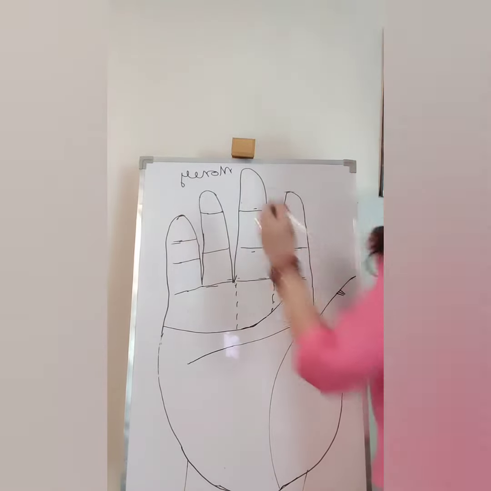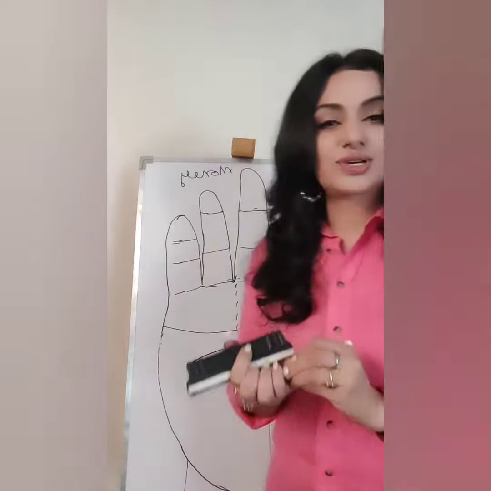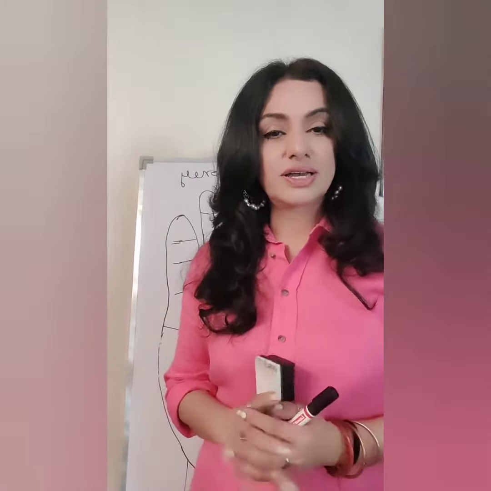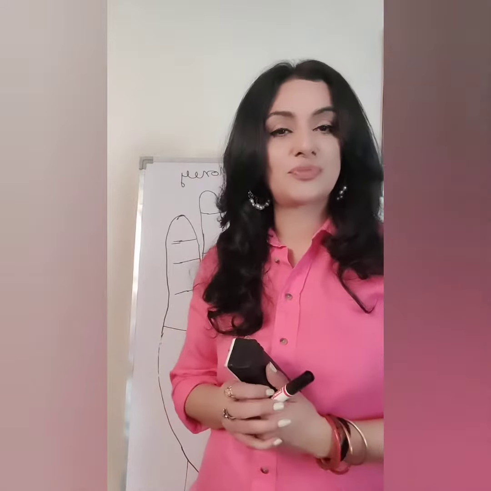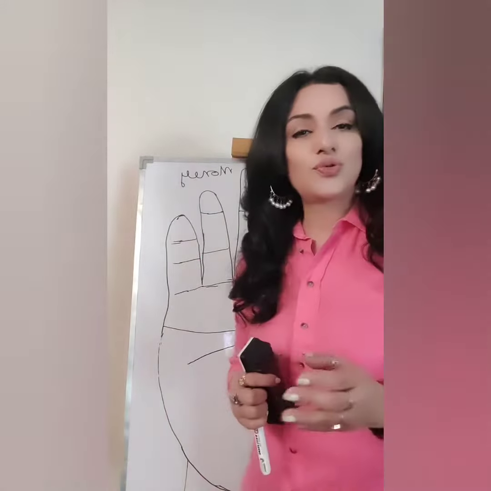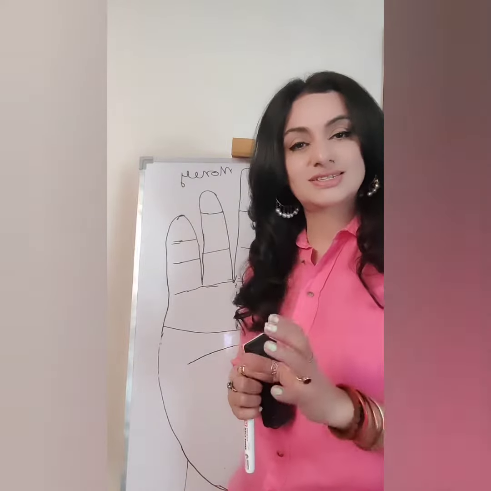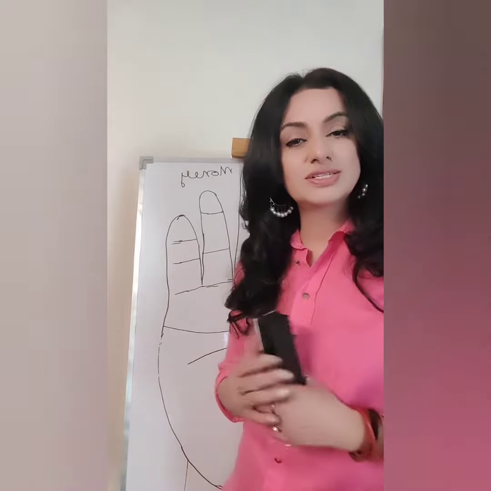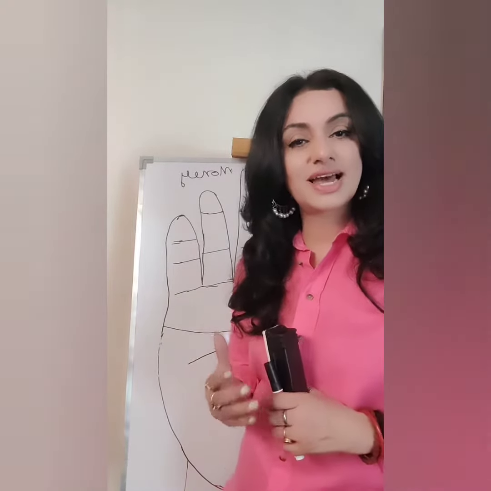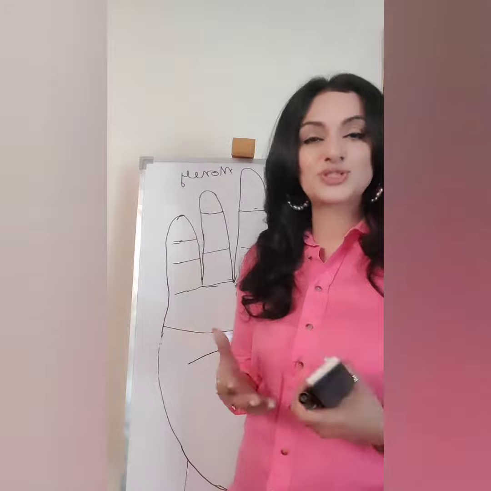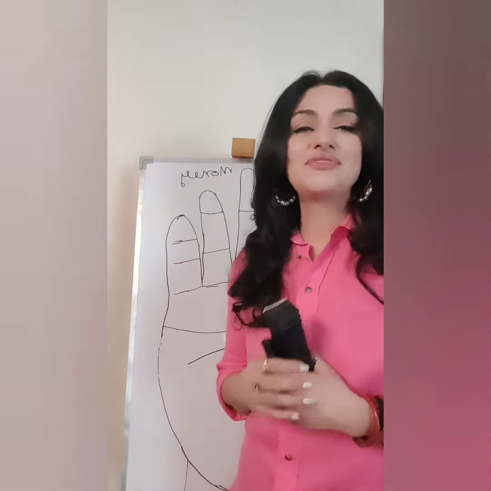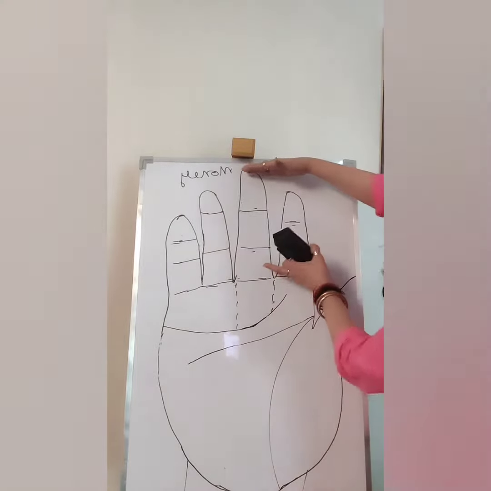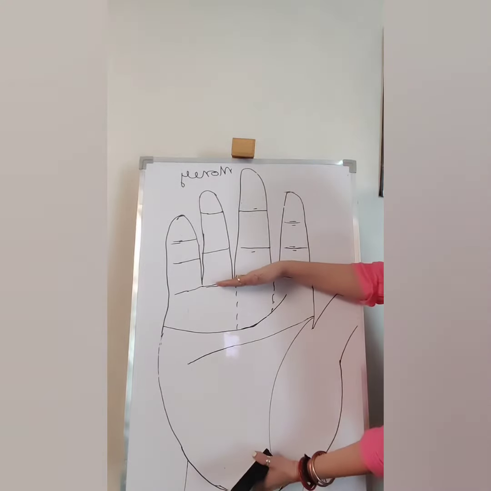So what is the first thing you have to look at in a palm? The first thing is the shape of your palm. If you want to know, right from a distance, how the person's money will be in his life or your life. So rather, because I want you to read your own palm, first of all, see the length of your fingers and length of the palm.